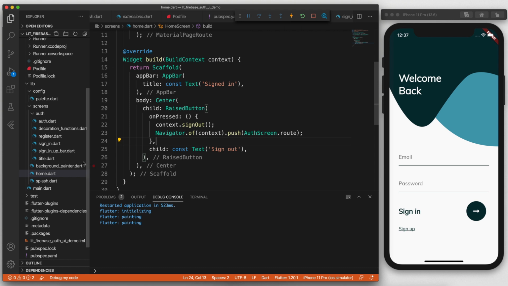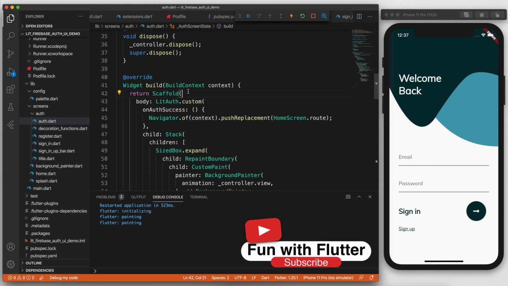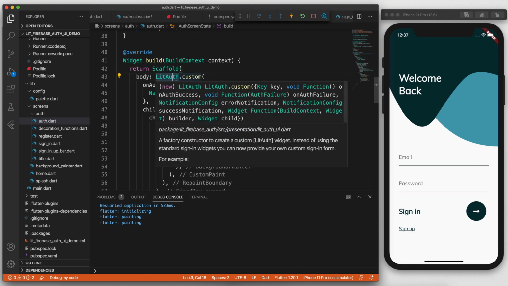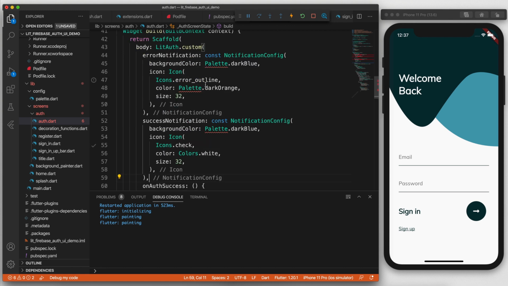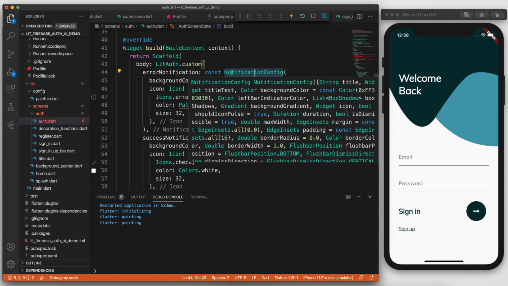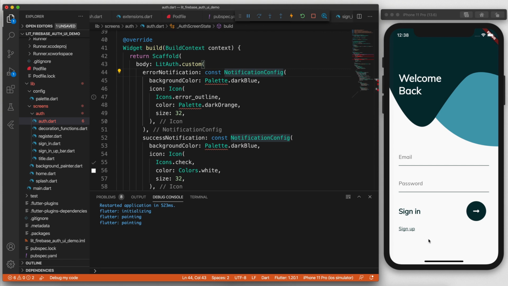And then finally, the very last thing that we will do is in the auth screen, we are going to change the notification messages that we get. You would have seen that throughout the video, we get the error messages and the success messages. But in the LitAuth widget, we can provide an error notification override and a success notification override. So what we can do here is provide this notification config, and there are a number of different attributes that you can change to make a unique notification pop-up. As an example, all I'm going to do in this